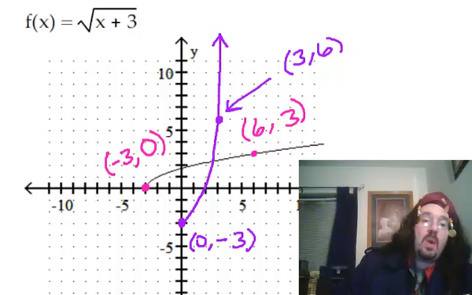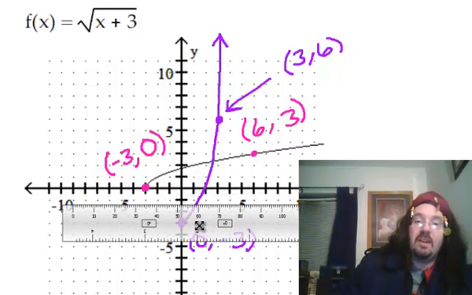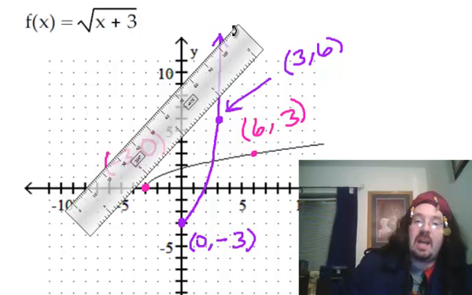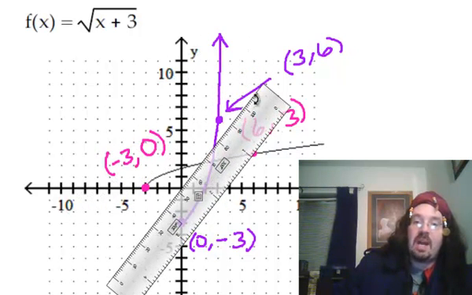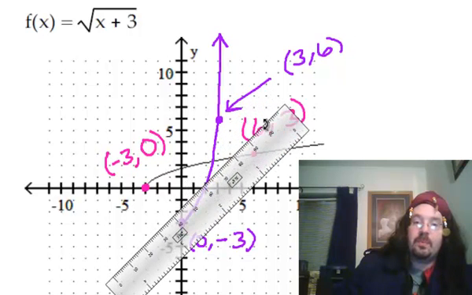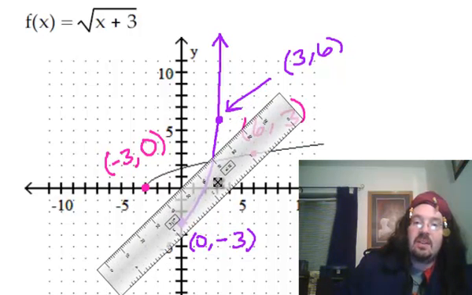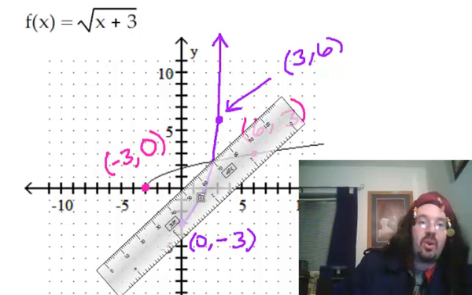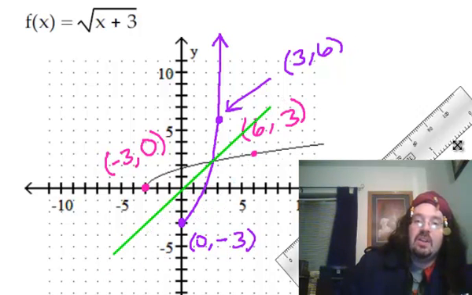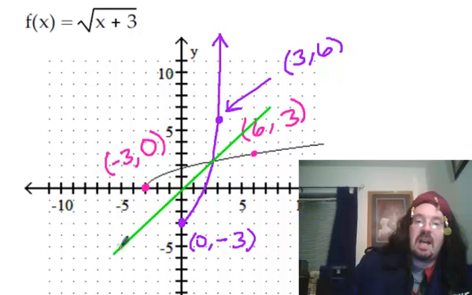And one way you could check your work, love, is to draw the line y equals x. So let me draw the line y equals x for you. If I do that, so there's the line y equals x. I'm going to draw that now. A lovely shade of green, very lovely. If you take the line y equals x and you flip the original graph across that line, kind of like